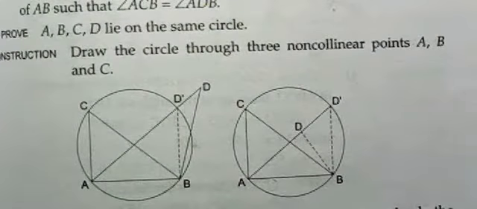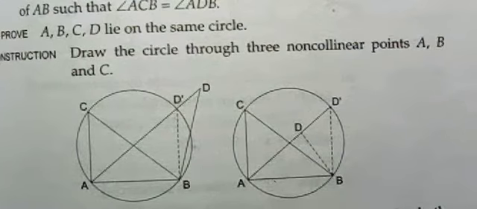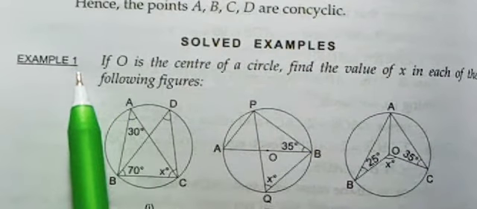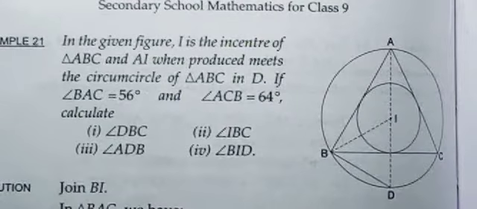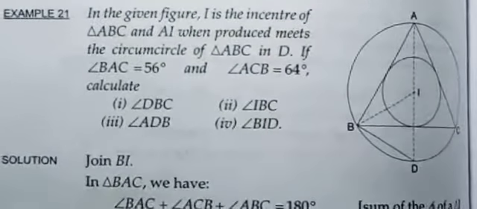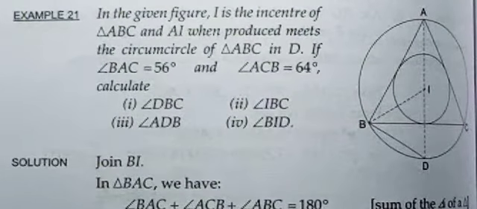For today our task is to understand these 5 theorems. Now if we understand these 5 theorems, we should go through the solved examples here. Various types of solved examples are given. This starts from example 1, and as you can see, up to example 21 is given. So first we read the 5 theorems and understand them. After that we should go through the 21 examples that are given. We have to cover the 21 examples. That is our task for today.